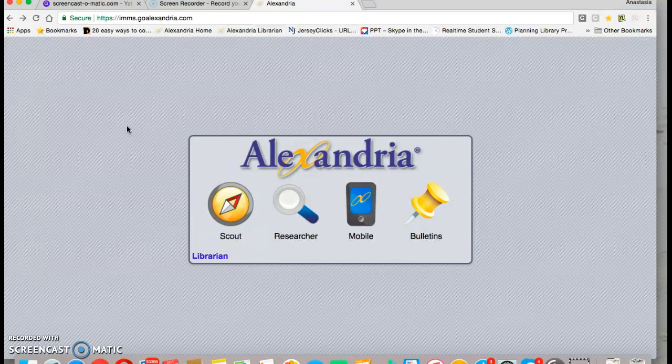I'm more interested in that you are able to complete the worksheet and complete your searches. I'm not as interested in your spelling. Try to be somewhat neat, but I'm more interested in that you are able to search correctly using the Alexandria